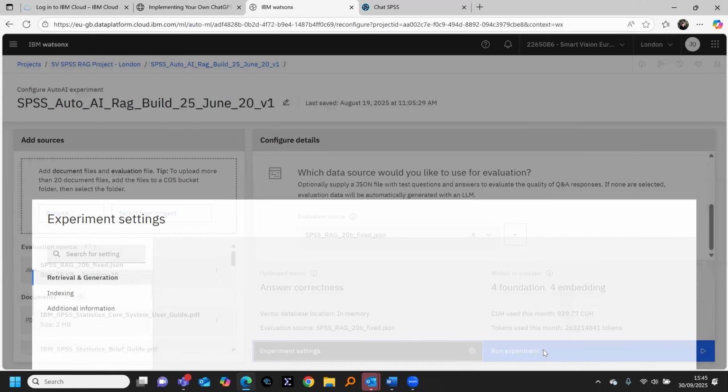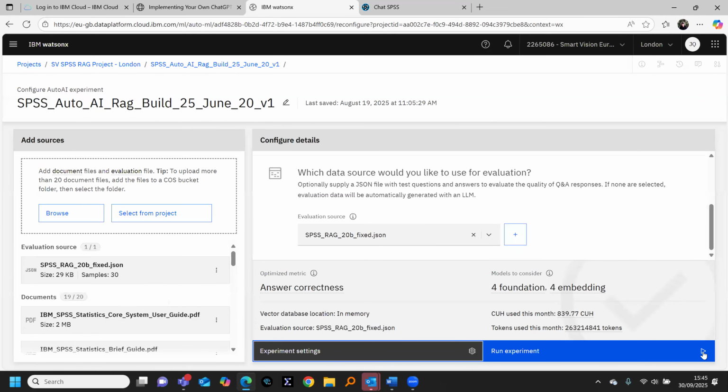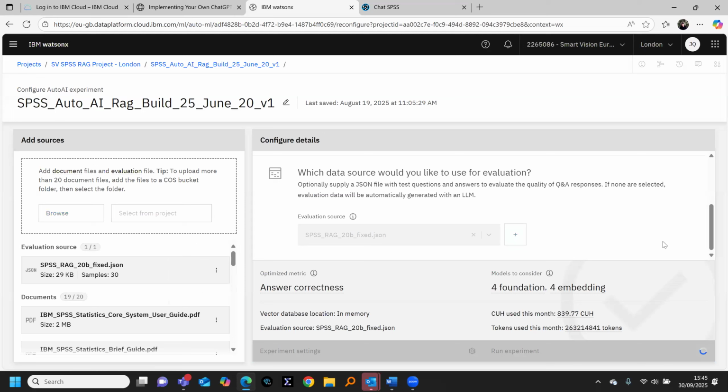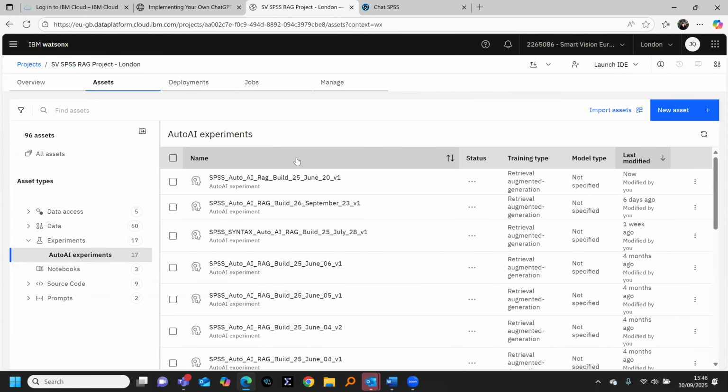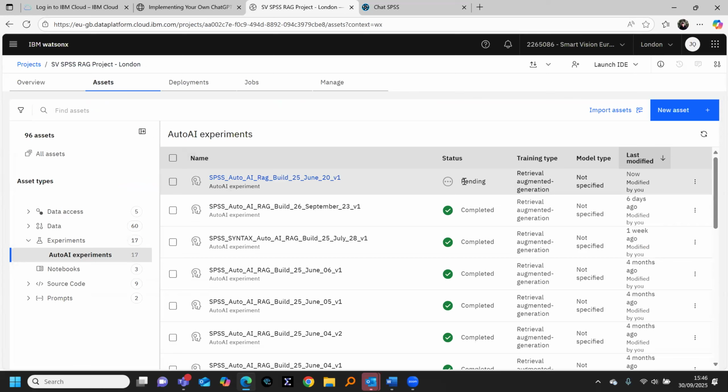And if I hit save or cancel at this stage, I could then run that experiment again, and it would start running it as a new version of that experiment in the background. And what we'd see if we sat here and waited for a while is it building up this series of models. But while it's doing that in the background, I'm going to jump to one I've already produced more recently. So I come back here to the AutoAI experiments list. We can see as this updates, it'll say status pending because it's running.